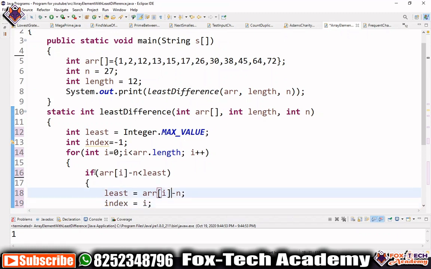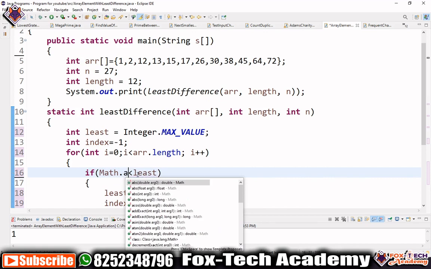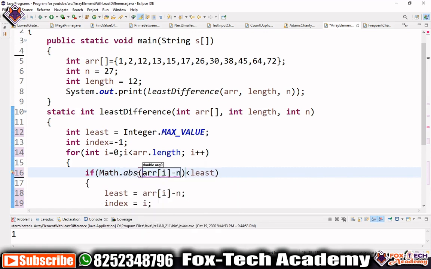If you see, when we use this, it will generate a negative difference also, so we have to convert any negative into positive. We have one method for that, math.abs, and we put the value inside it.